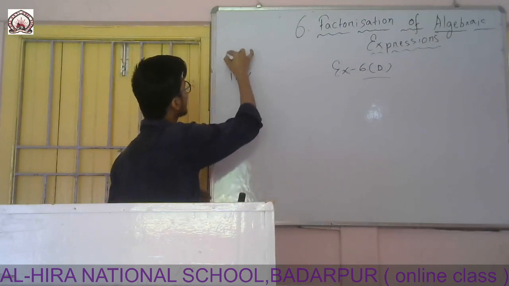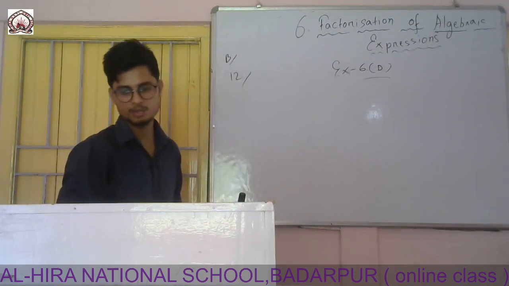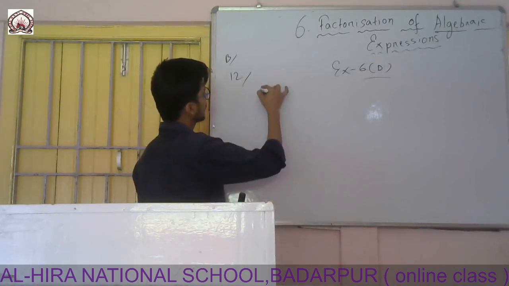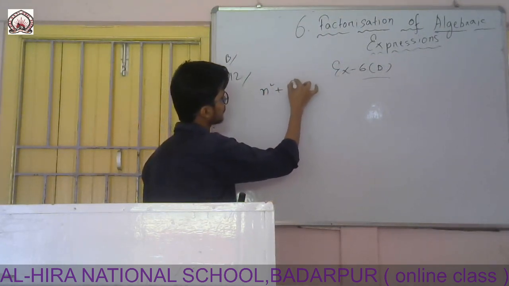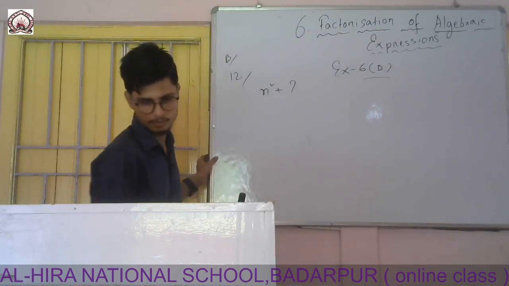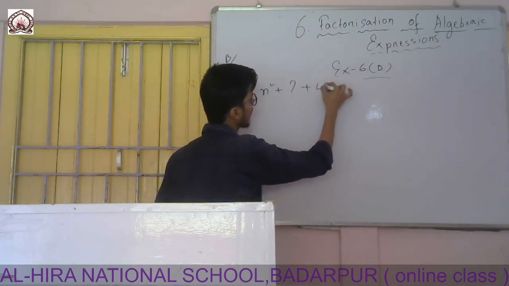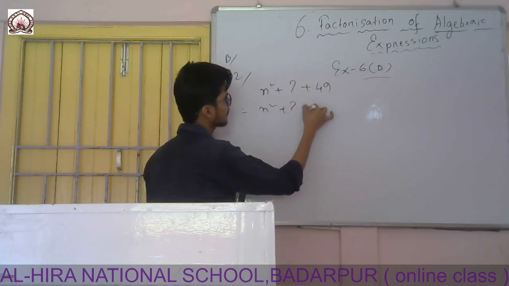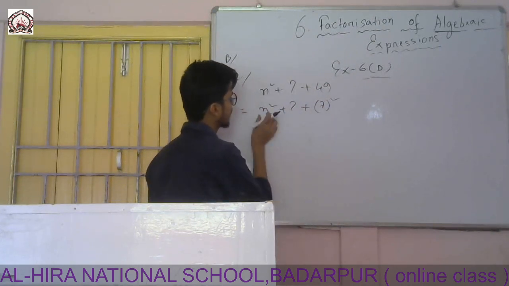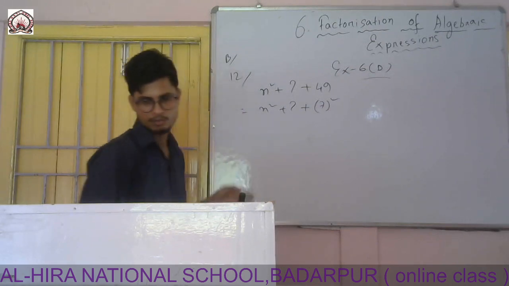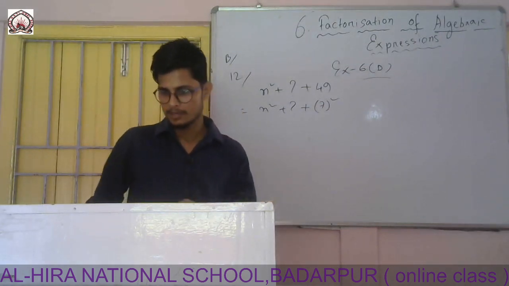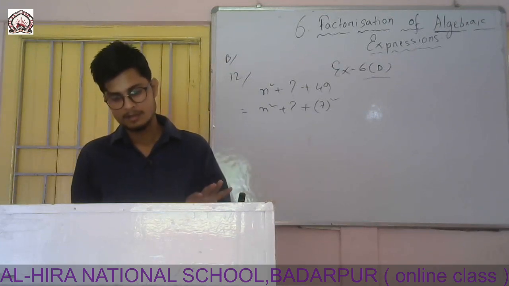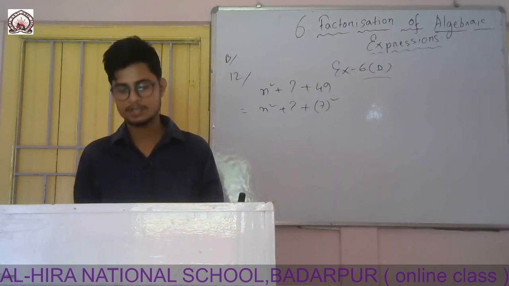By seeing it you can also understand which term is missing, but you still have to do this one since it is mathematics and theory. Theoretically you have to solve. Plus question mark, here I have to find the value, plus 49. So I can write this one as n square plus question mark, and 49 will be 7 square. Here a is this one, b is this one. In the question it says fill in the missing terms and make a perfect trinomial. That means if I put the missing term, it will be a perfect trinomial square.